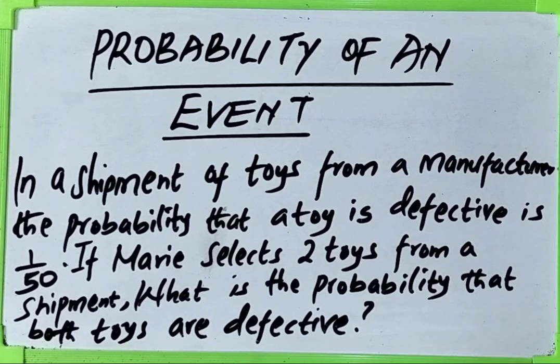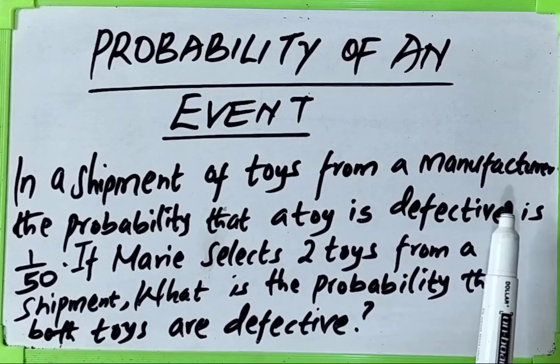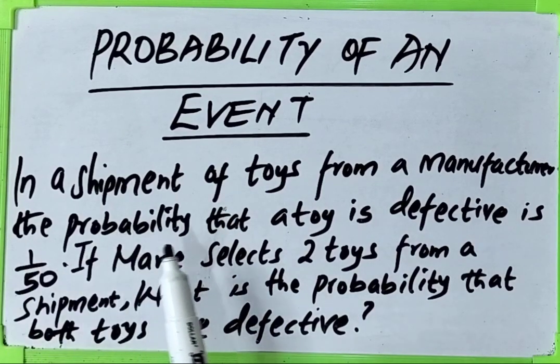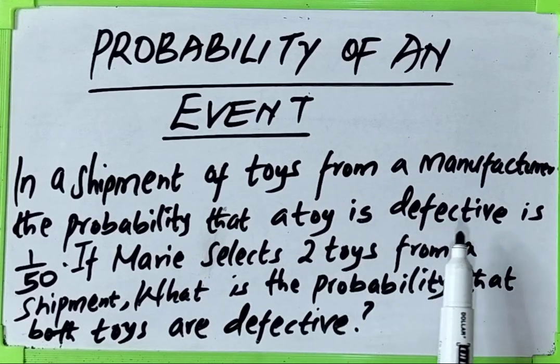Probability of an event. In this video, I'm going to show you how you interpret a question on probability, and most probably the formula, and this formula is the tree diagram that we apply in highlighting the outcomes of given events. Read with me. In a shipment of toys from a manufacturer, the probability that a toy is defective is